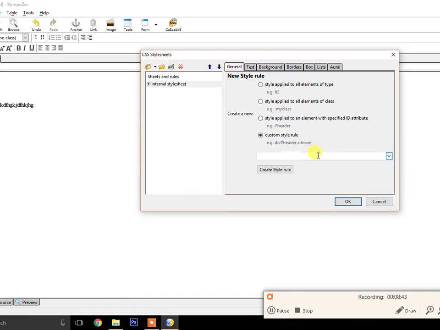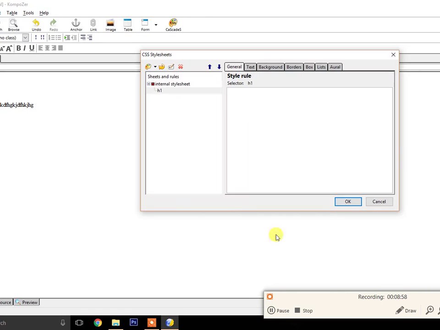This is asking for the selector, which I explained in the previous video, and even in this video with the PowerPoint slides. If I want to apply it to h1, I simply write h1 and create new rule. So now it's selected over here, and the selector is h1.